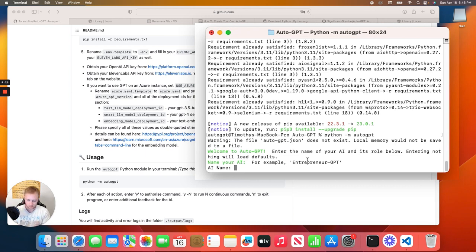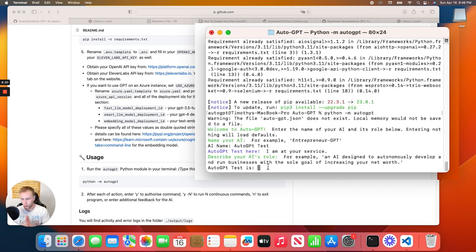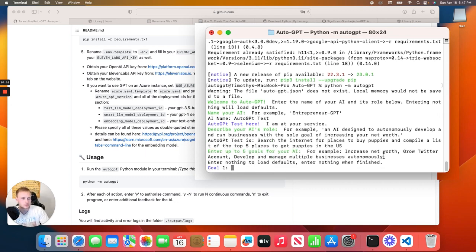So now we can just name it whatever we want. We can describe the role of the AutoGPT. That's literally whatever you want it to do. So let's say, for example, I just press enter, and then you basically are just typing in the goals. So that's different checkpoints to achieve its role. So I could say goal 1 is